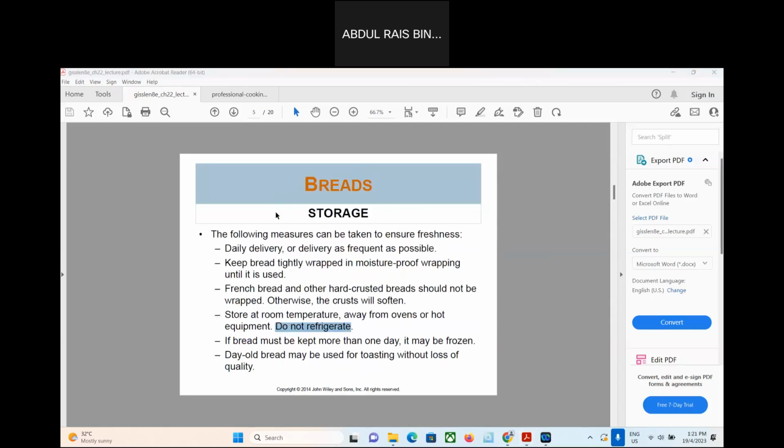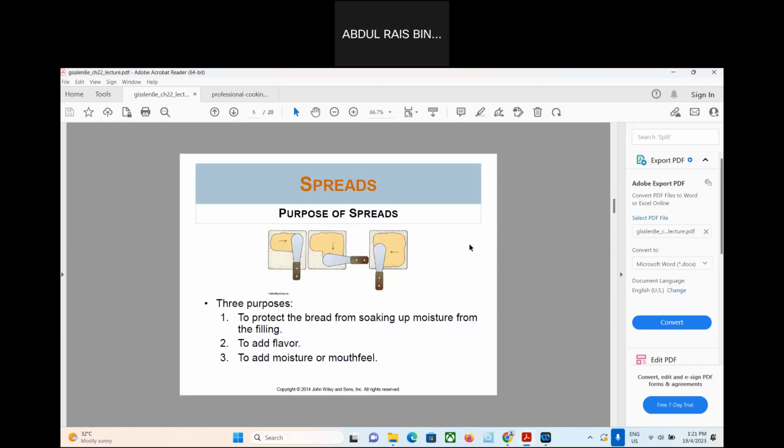Okay, next we look at the type of spread ataupun sapuan. Okay. Ingat fungsi sapuan dia ada 3. Bukan semata-mata nak rasa sedap atau nak rasa mentega, rasa mayonis. First, kalau you tengok sini ialah to protect the bread from soaking up moisture from the filling. Okay. And kedua, to add moisture or yang ketiga lah untuk lebih-lebih banyak moisture of mouth feel lah when you